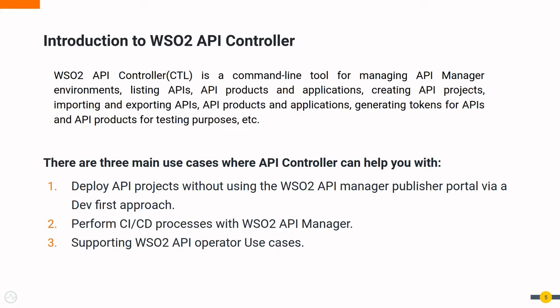The second one is to perform CI/CD processes with the WSO2 API Manager. An organization can have multiple environments such as development, testing, QA, staging and production. Each should be its own instance of API Manager. Therefore, the APIs need to be available in each environment after developers specify the required conditions. Manually promoting APIs between these environments is a tedious, error-prone and time-consuming task. So this tool plays a key role in this automation pipeline.